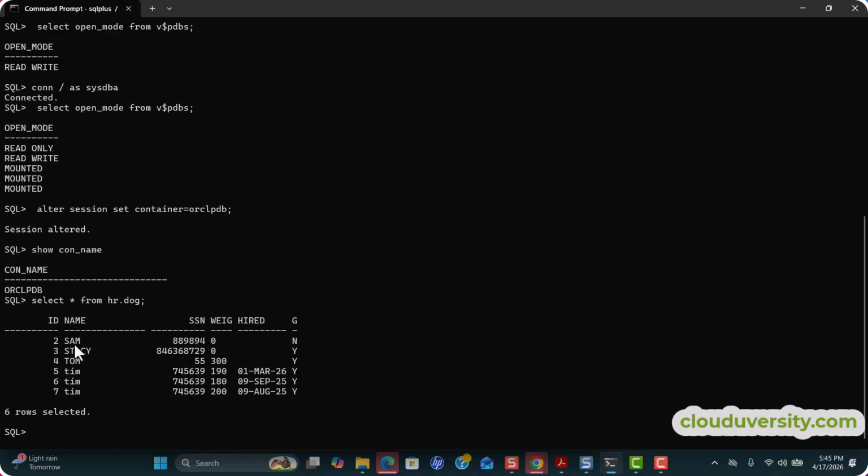So what I'm saying is you could have all this data right here, like name, SSN, weight, blah, blah, all the same in all rows. However, this ID column must be different because it needs to uniquely identify each row. Make sense? Okay. So normally the way you do it is when you're creating the table, you would have to